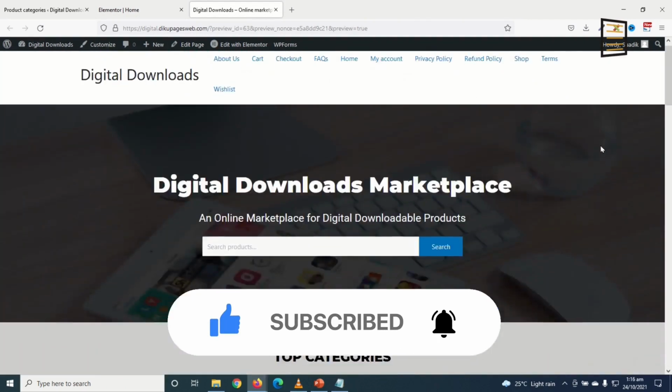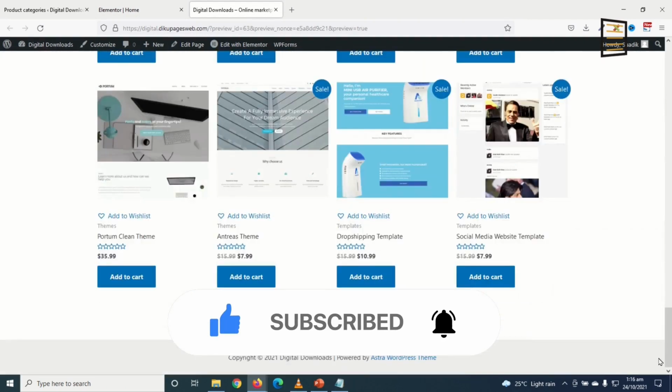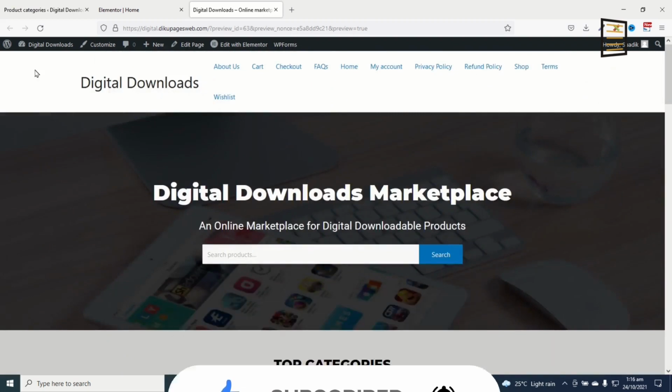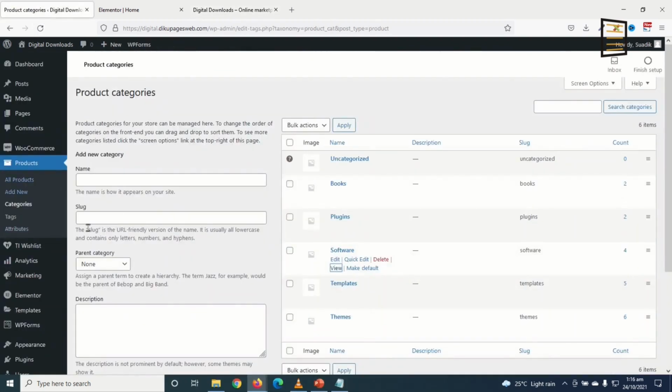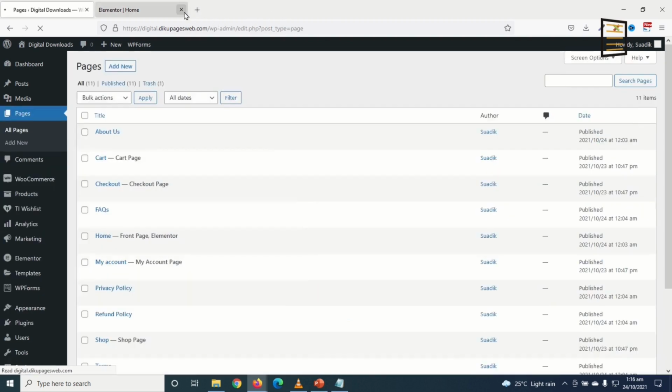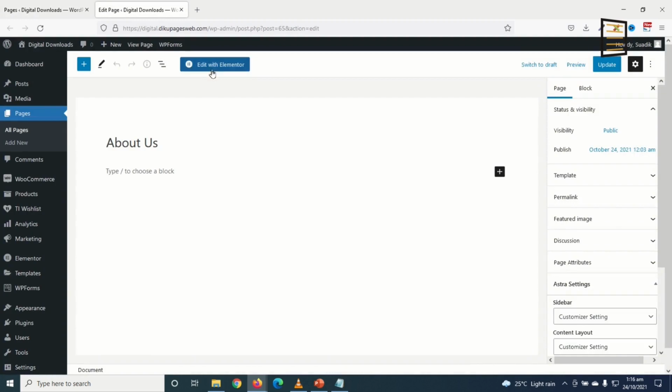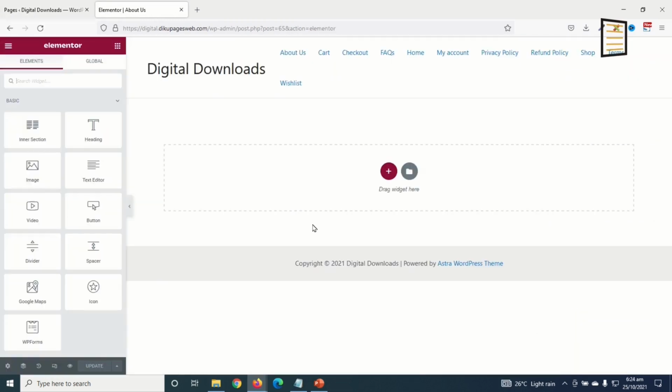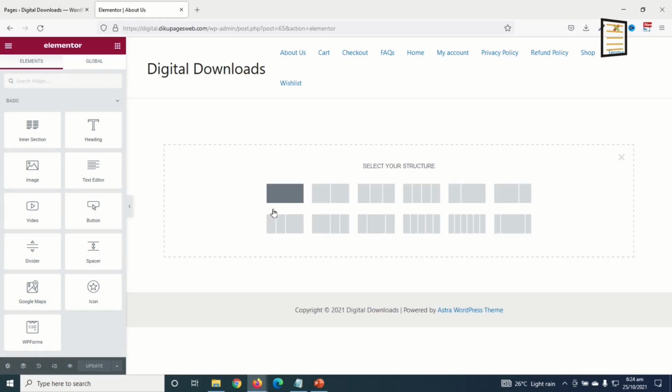Perfect. So now that the home page of my website is designed, the next thing I'm going to do is design the other boring pages. So I'll go over to pages, I'll exit from here and here as well. First of all, I'll work on the about page. So I right click on it, open link in a new tab, then I go ahead and edit with Elementor. Okay, it is open with Elementor. I insert a section, single column.